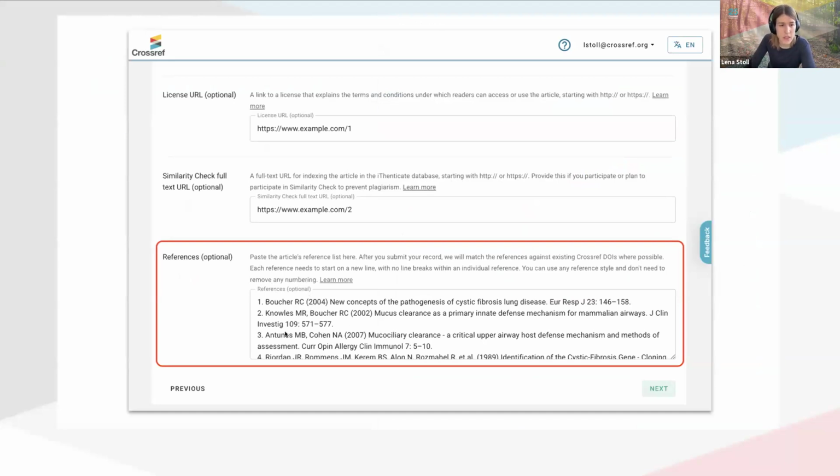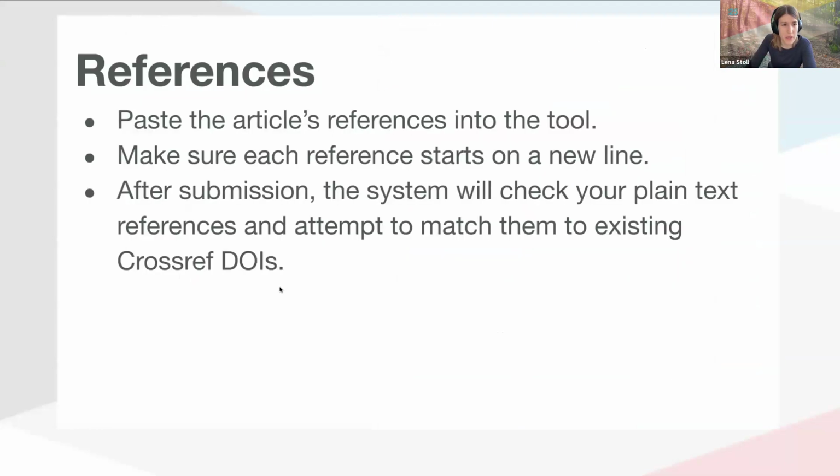It looks like this at the bottom of the article page. If you've used our simple text query tool or OJS, for example, to deposit references before, then you'll be familiar with the need to make sure that each reference starts on a new line so that it can be matched correctly to existing records in the Crossref database and make those links between works and build those relationships.